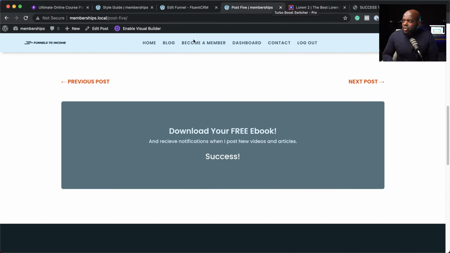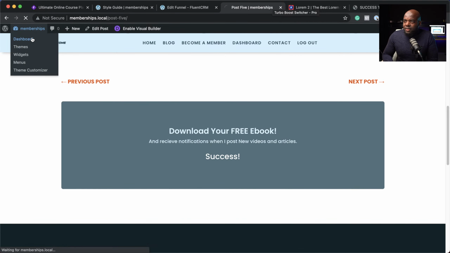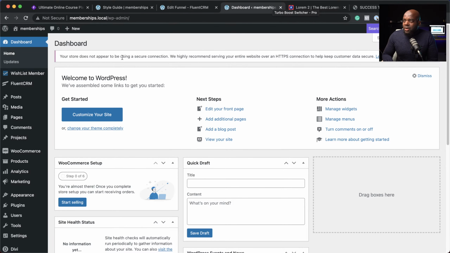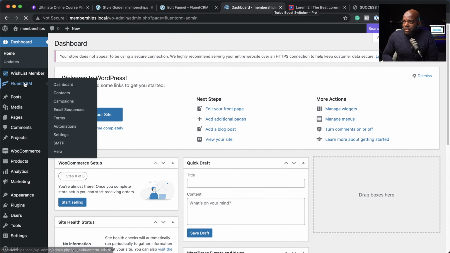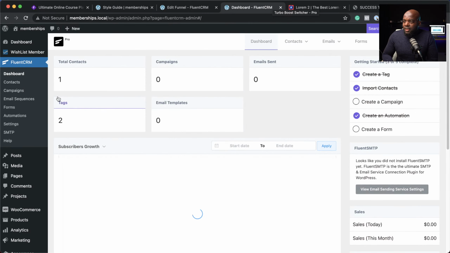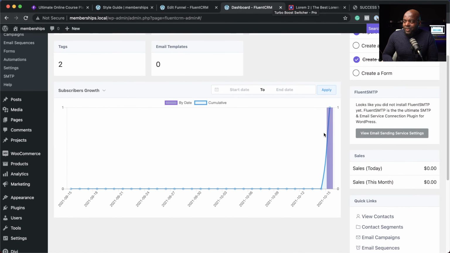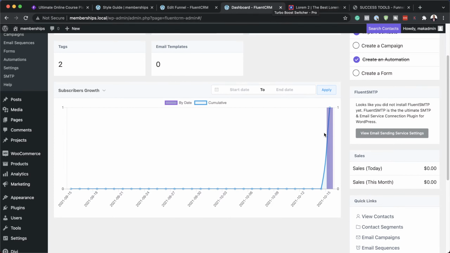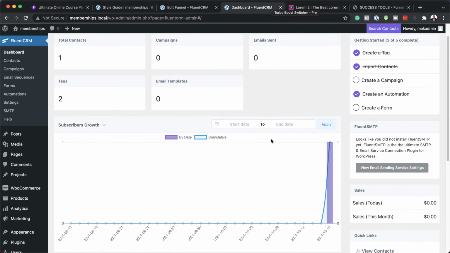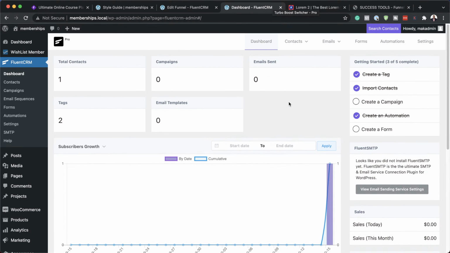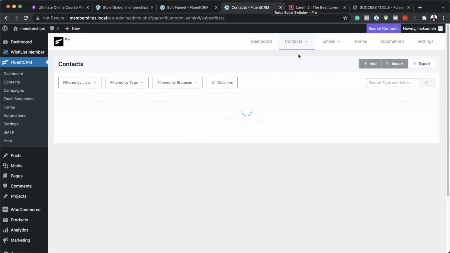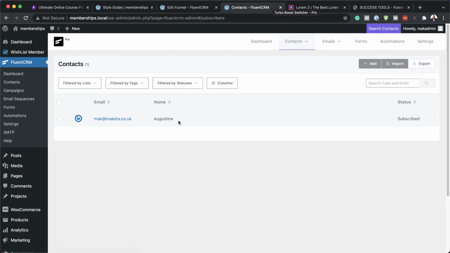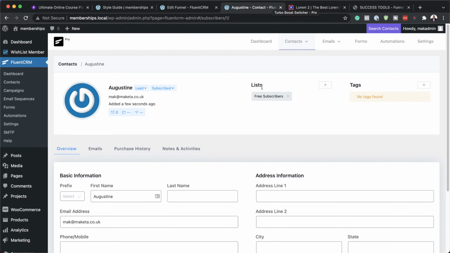Let's see what happens. So if I go now to my site dashboard, what we're going to notice is when I go to my Fluent CRM dashboard, I have a subscriber. Boom, right there. You see that? So what's going to happen now, if this has worked okay, I'm going to go to my contact lists and see all my subscribers. And there we go. That's me right there. Now, in your case, if you have a lot of subscribers, you're going to have a whole list of subscribers here with their tags. So if I click here, it will show me all my information. So you can see my list here